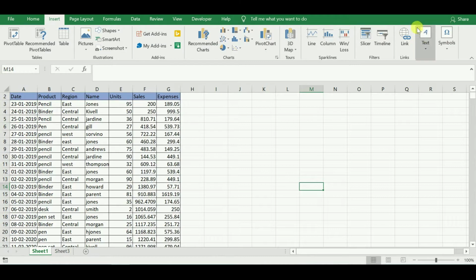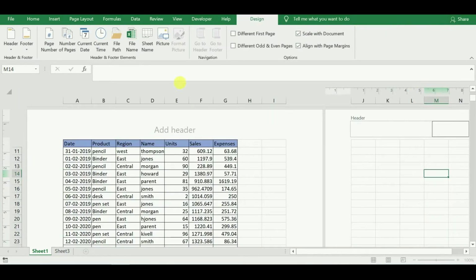For that, go to Insert tab. In that you may find it directly header and footer. If not, go to text. In that if you see header and footer. So when you click on it,